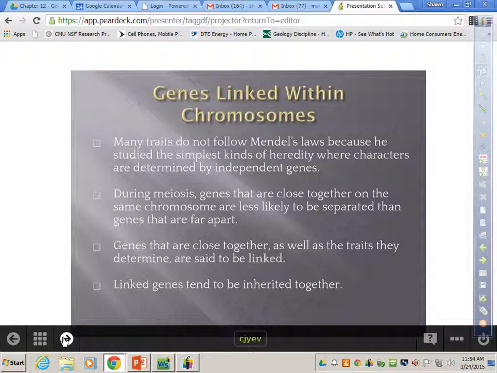In a quick summary, the Mendelian inheritance pattern is rare in nature. Other patterns include polygenic inheritance, incomplete dominance, multiple alleles, and codominance. Phenotype can be affected by conditions in the environment, such as nutrients and temperature. And during meiosis, genes that are close together on the same chromosome are less likely to be separated than genes that are far away. We say they are genetically linked. Now, I know that